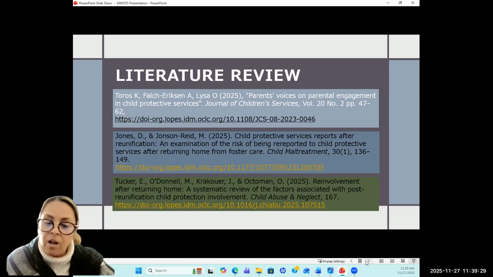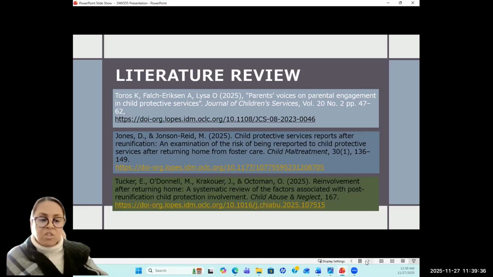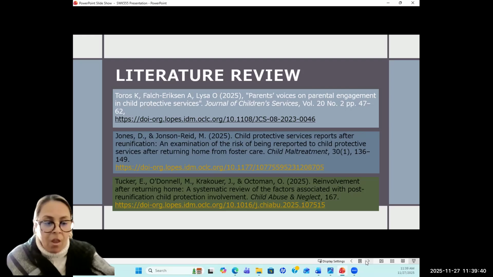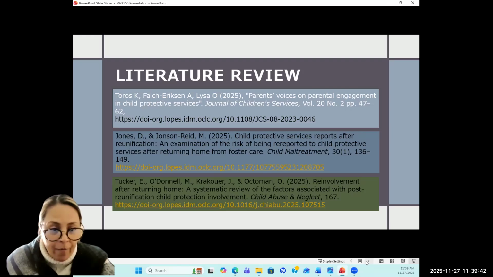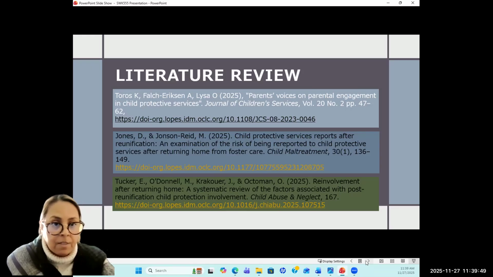And this article says that out of all the children that exit the foster care system, 49% of those substantiated reports re-enter foster care. The number is pretty high, 49%. That is significant.